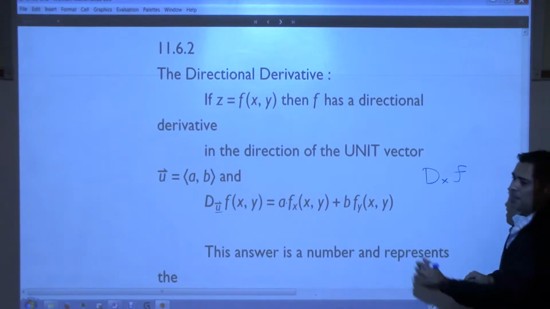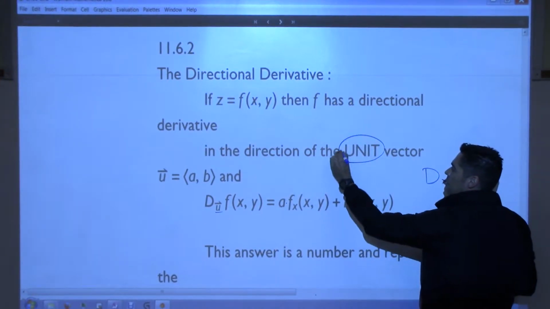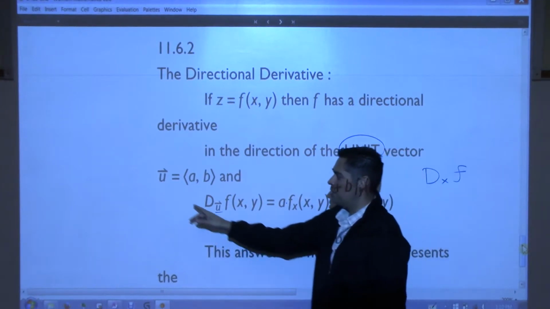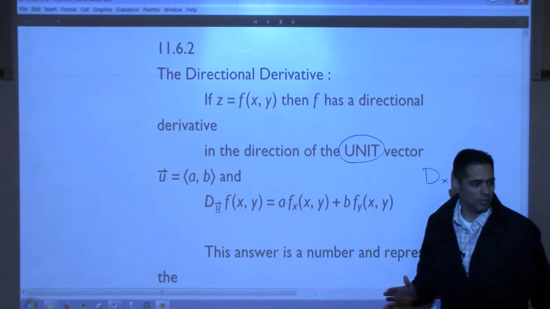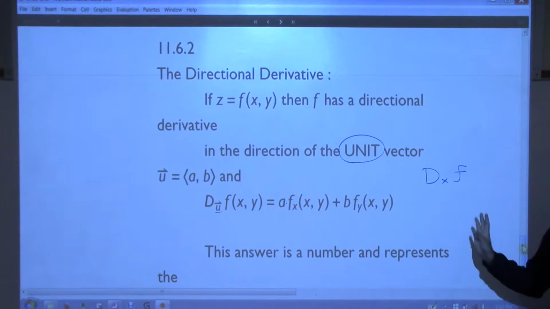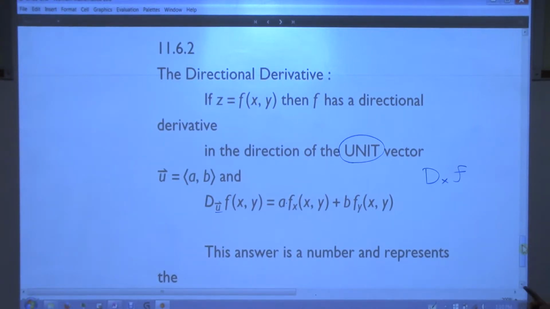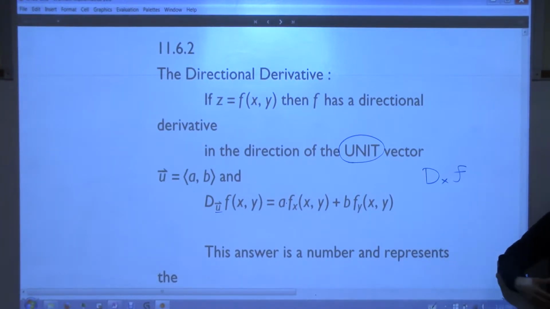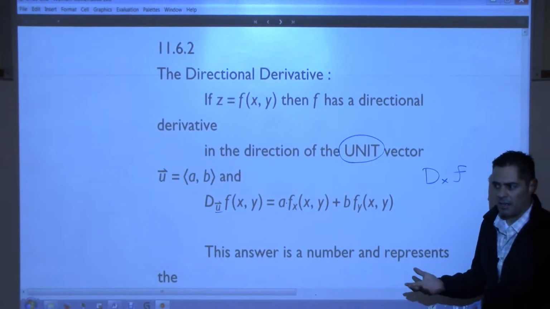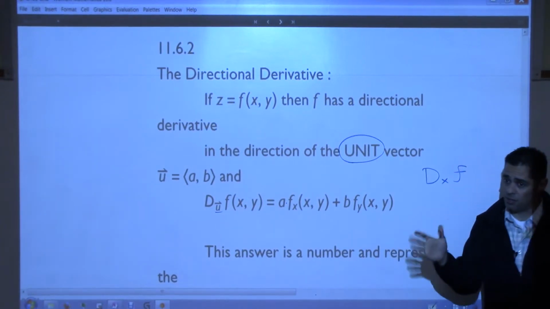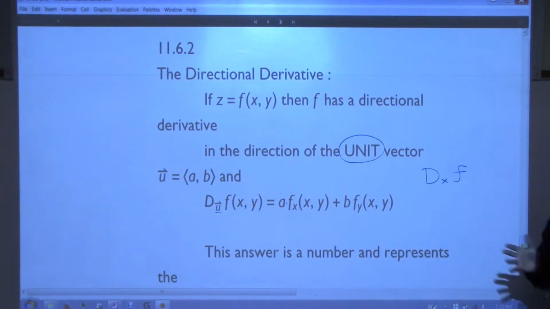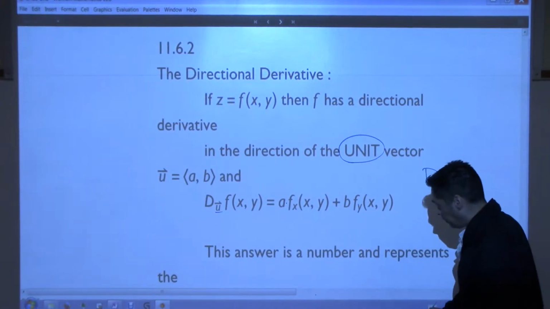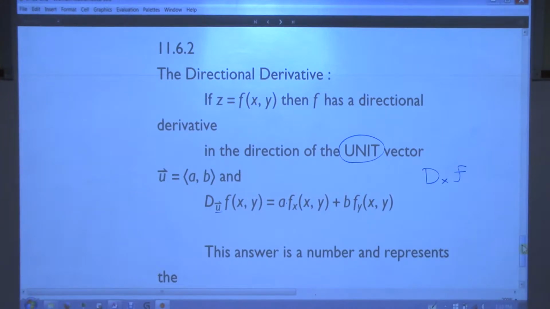But there's one huge thing you have to be careful with. The direction vector that you use for this formula, the u, must be a unit vector. It has to be a unit vector for this formula to work. If it's not a unit vector, then you have to make it a unit vector. And how do we make unit vectors out of vectors? Divide by its length, or multiply by the reciprocal of its length, right? So we know that if someone gives us a direction, we can always find a vector in the same direction with unit length. Now what's really kind of nice about this formula, before I get to this example that's coming,